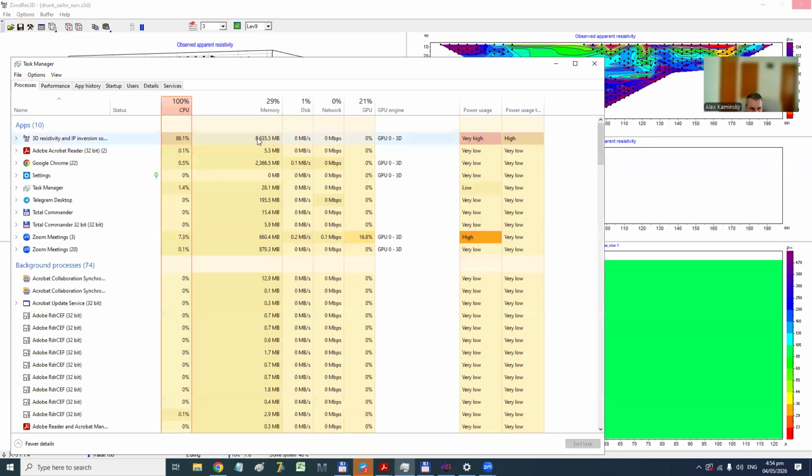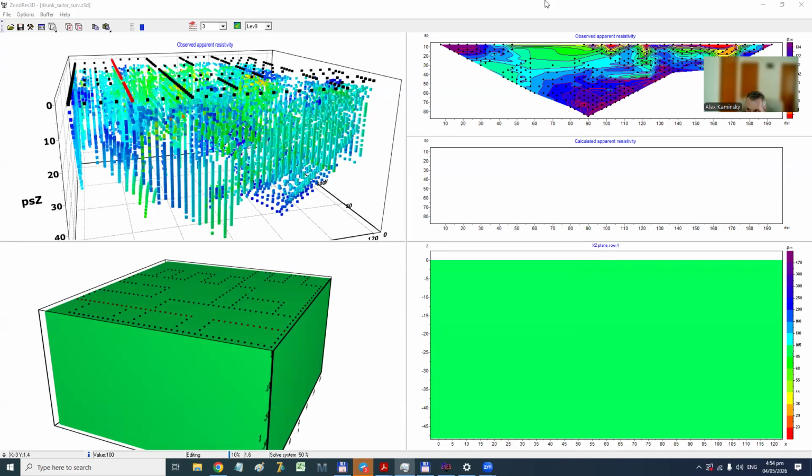This is almost 9 gigabytes. It's not so big, but in comparison with the previous examples, it's already more, because the checkerboard example took 4 gigabytes and it takes 6-7 minutes per 10 iterations, and this one maybe more,